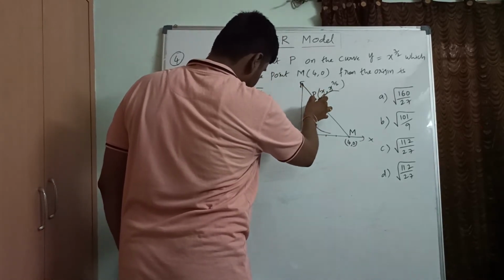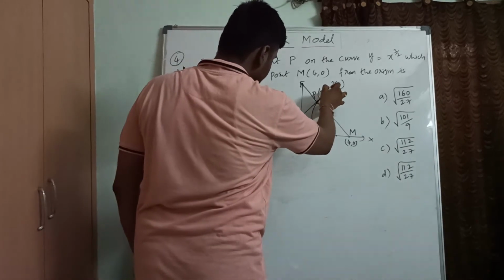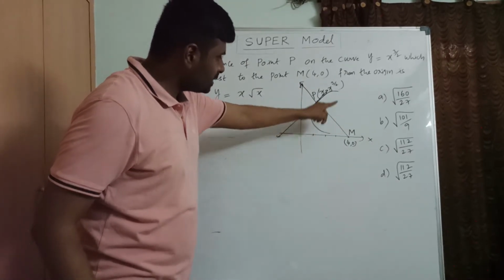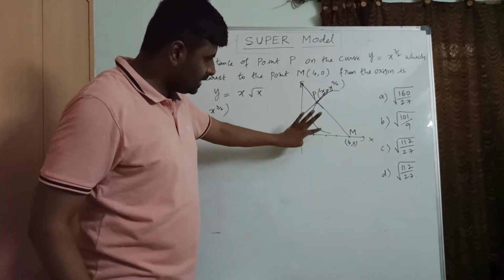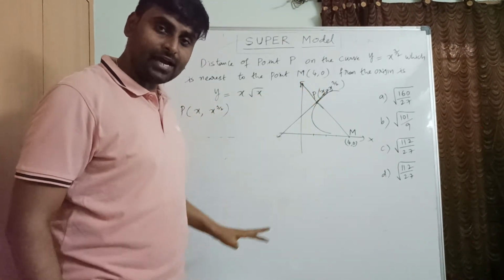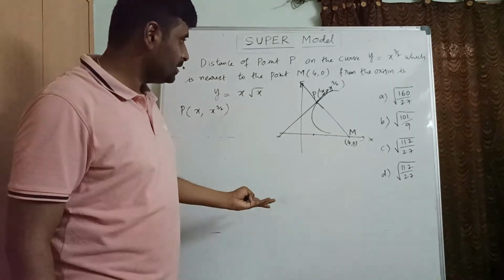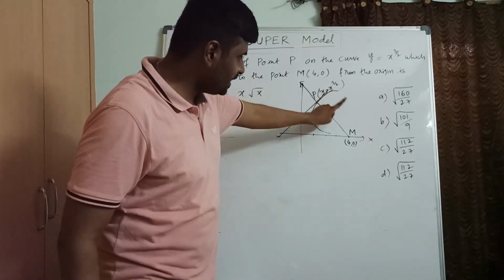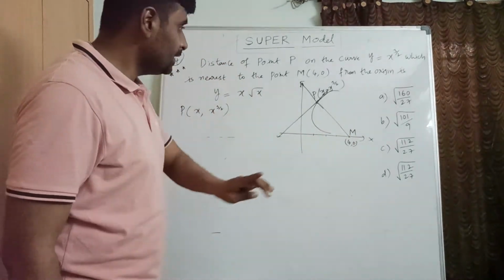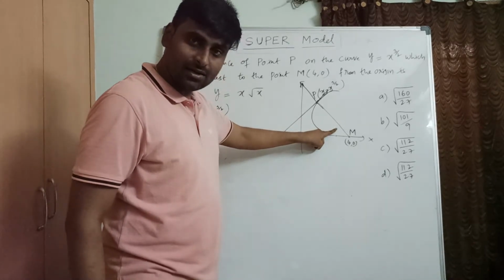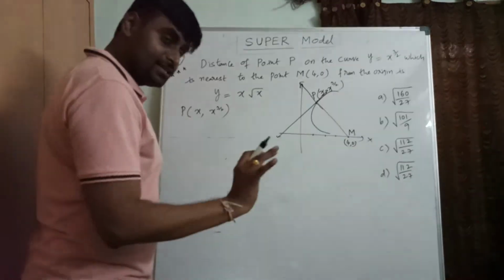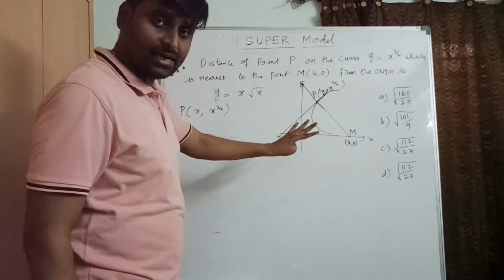So this is the tangent, right. Whenever these two lines are tangent and normal, obviously the product of slopes is minus 1. So slope of tangent into slope of normal equals minus 1. What is slope of this one? P point is there, M point is there, PM slope. Correct or not? So one thing we have to remember: whenever PM is least, then PM must be the normal for that curve. That is the important point which we have to understand in this question.